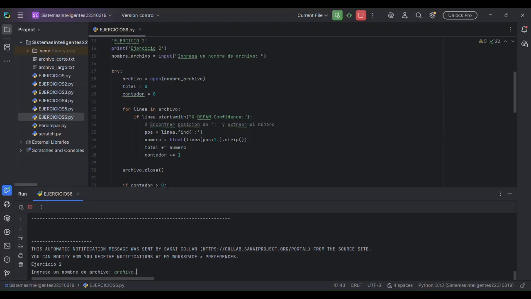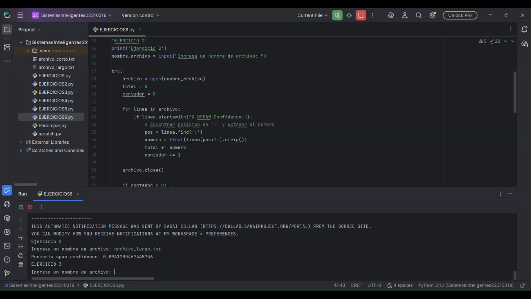archivo largo.txt, it shows the average spam confidence.